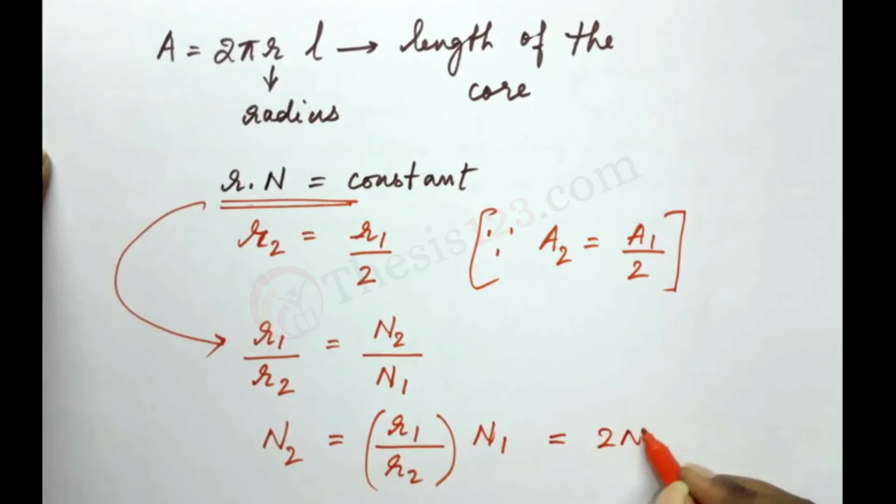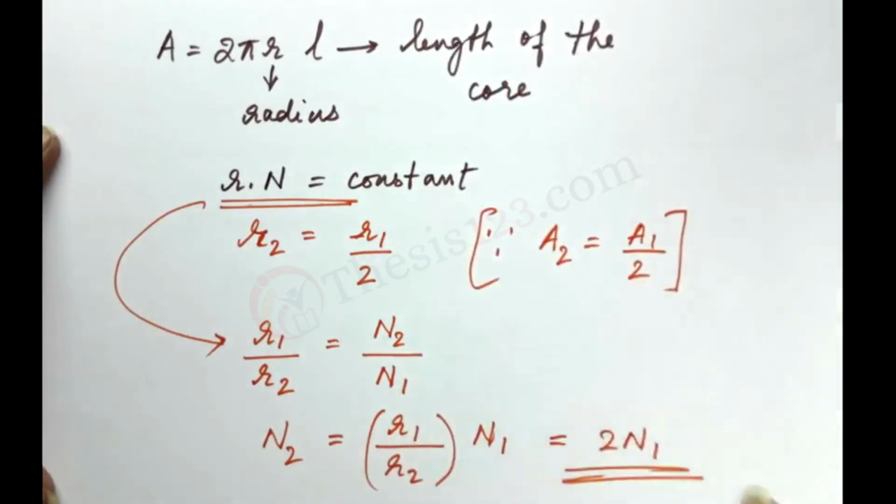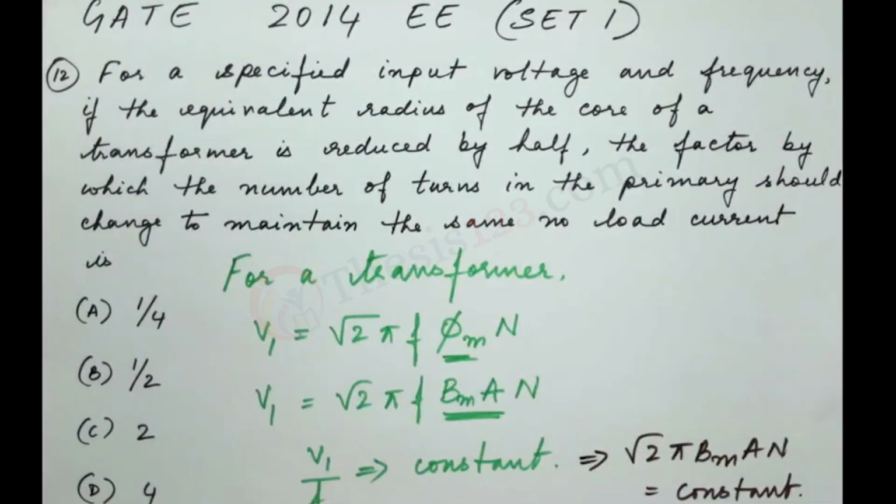Now what is R2? R2 is R1 by 2. Let's substitute that over here. What do we get? You will end up with 2N1. So this means that if the radius of the core of the transformer is reduced by half, then the number of turns is increased, it is doubled. So in order to maintain the same no-load current, the number of turns required is twice that of the initial value. That is the